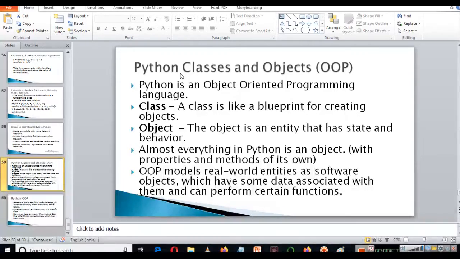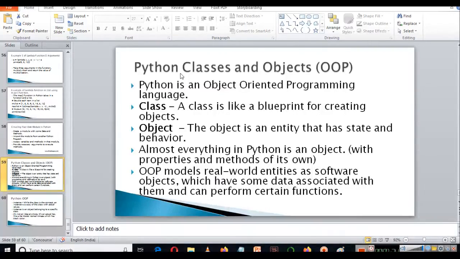An object is an entity that has a state and a behavior. Almost everything in Python is an object with properties and methods of its own. Object-oriented programming models real-world entities as software objects which have some data associated with them and they can perform certain